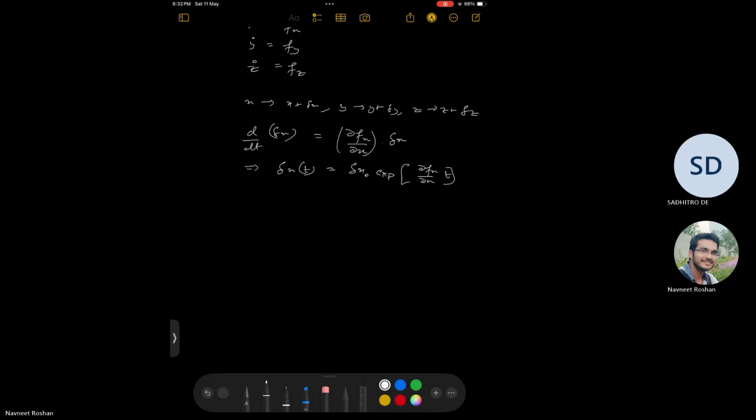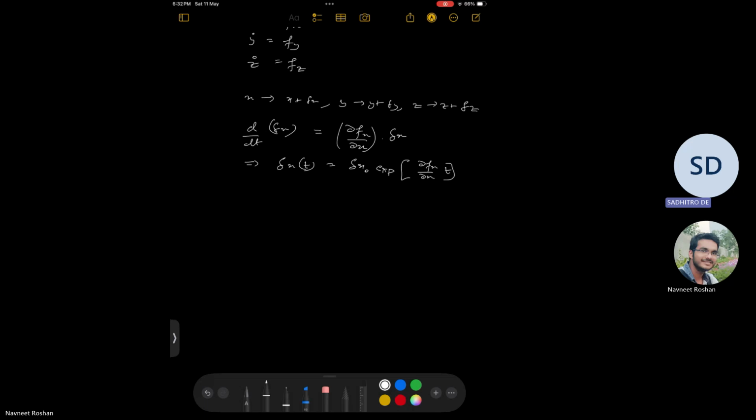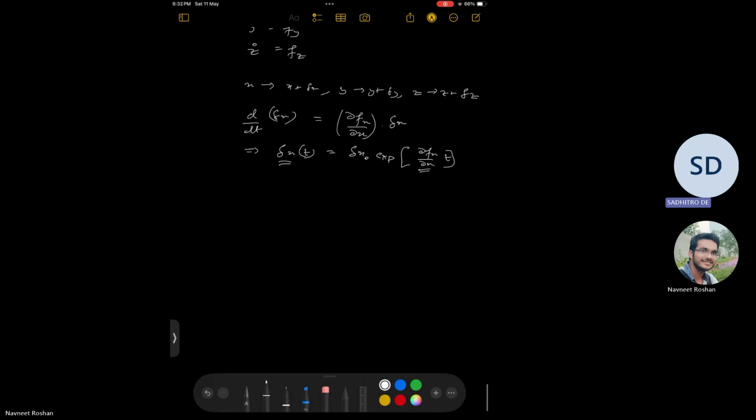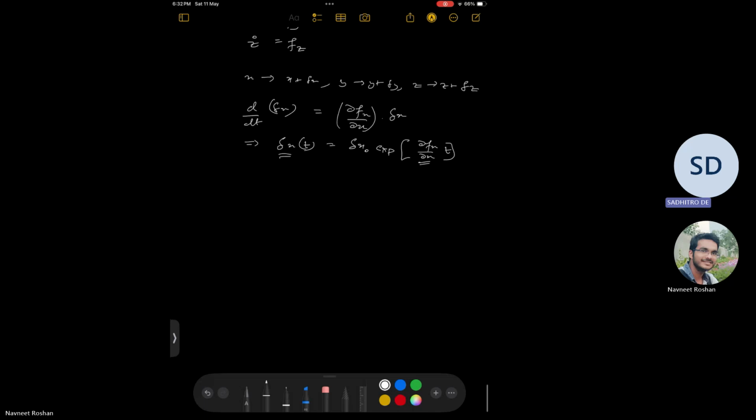Okay, so this basically means that if this quantity is positive, then the perturbation delta x grows in time. On the other hand, if del fx del x is negative, then the perturbation decays with time. Similarly, you can also find the same expressions for delta y of t, which will be delta y naught exponential of del fy del y into t